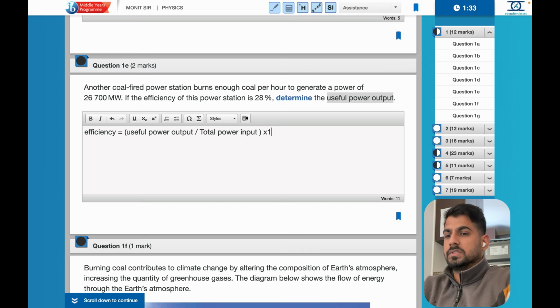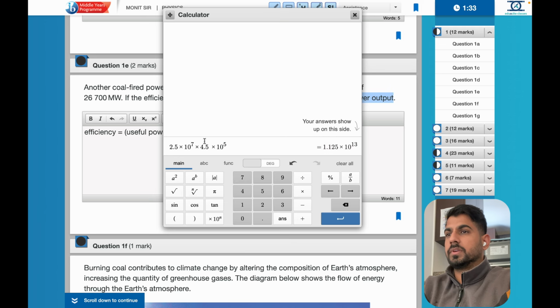So you can just say like this, and then I can use the efficiency as 0.28